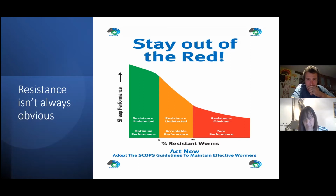So it's really important to know where you stand in terms of your resistance levels to white, yellow and clear doses, the ones we've been using much more commonly for the last few years. And this is something you can work with your vet to do. You can do something called drench resistance